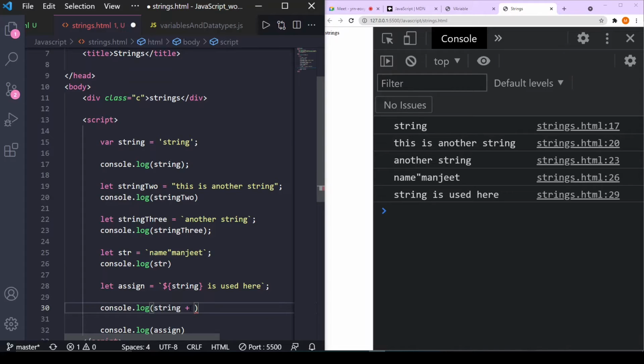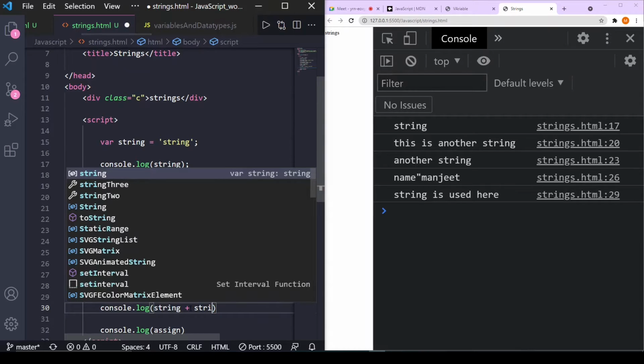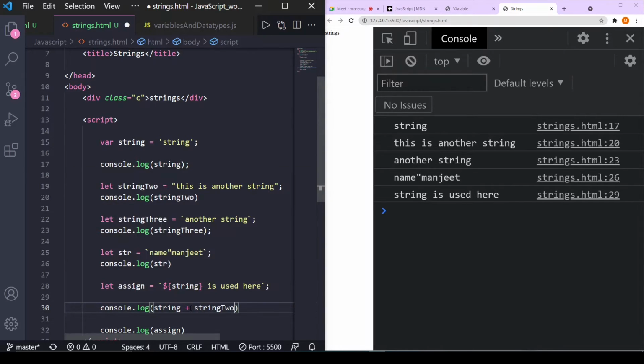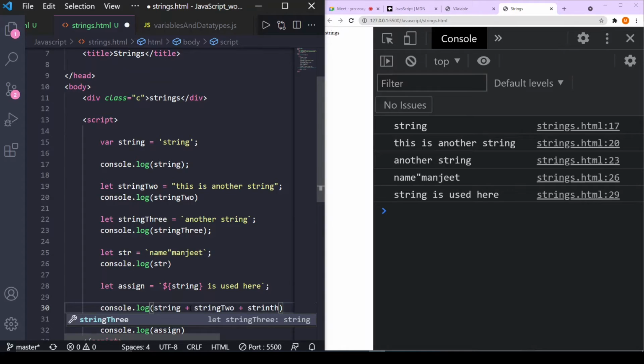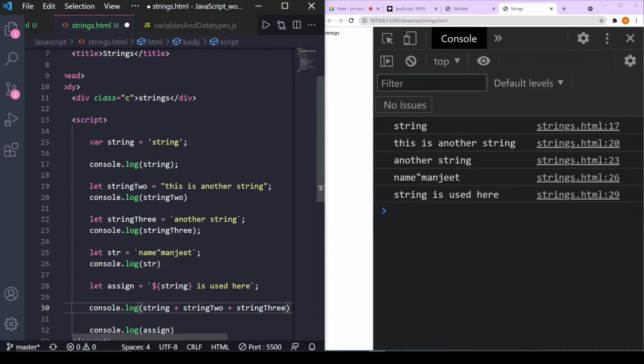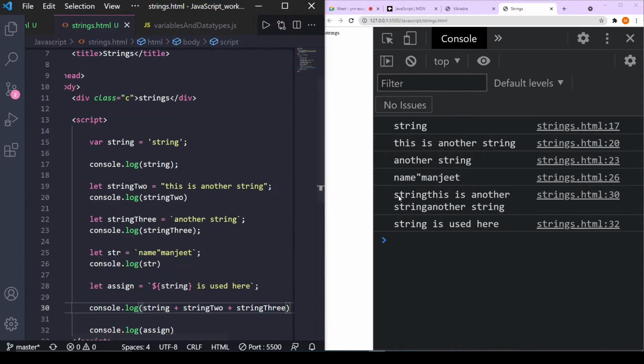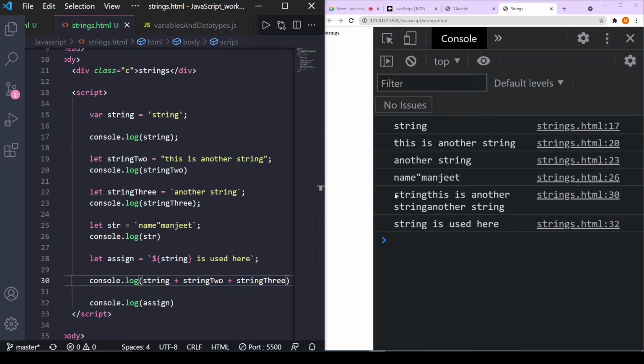Then string 2, because we want to add string 2 and string 3. Let's see. It shows: a string is used here, another string, and another string. It's not making much sense, but it has added all three strings that we wanted to add.